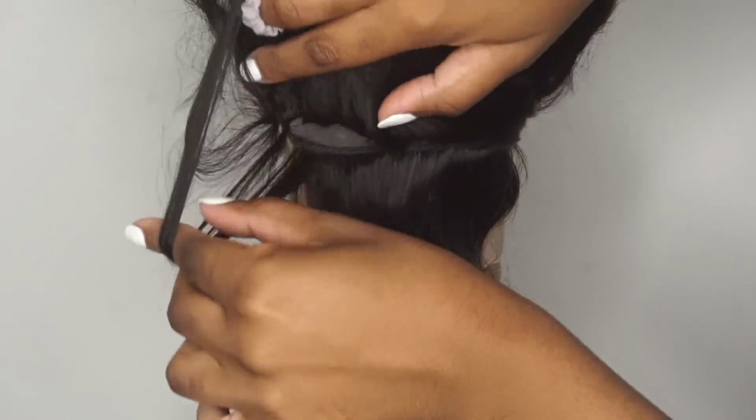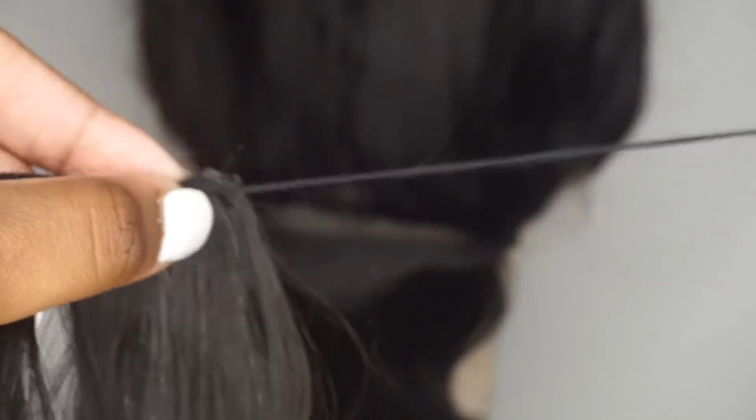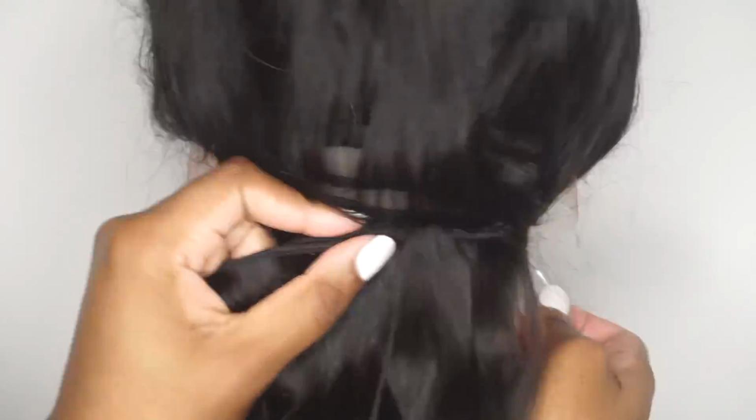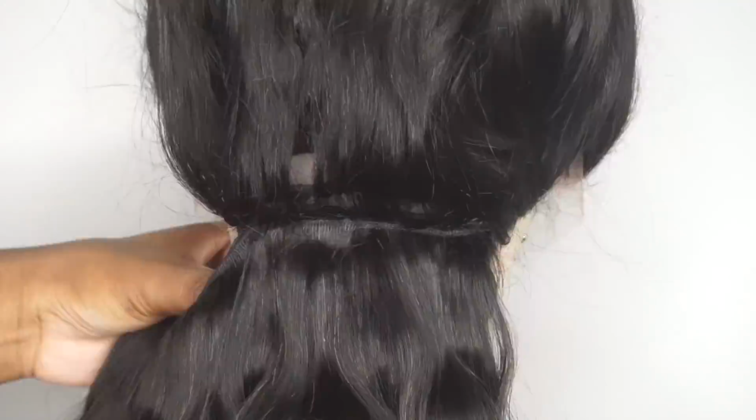I'm going to be sectioning off the back of the wig and I'm exposing the lace. Then I'm taking those extra bundles. Of course I start with my longest one, which is my 32. Double knot the ends together and I start to sew that into the back end. And I did this all the way up the head. I did the full 32-inch bundles and I added in both of the 30-inch bundles to make it long and